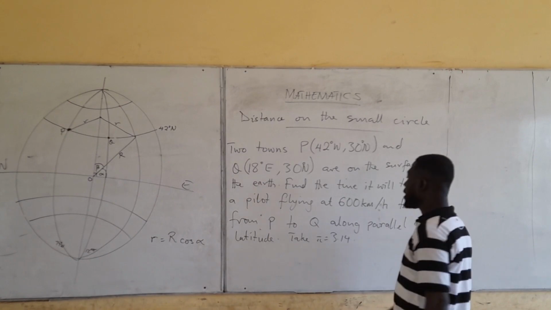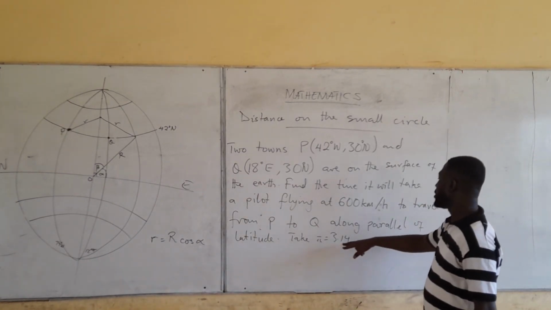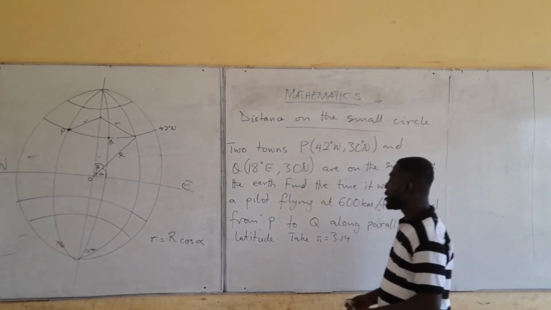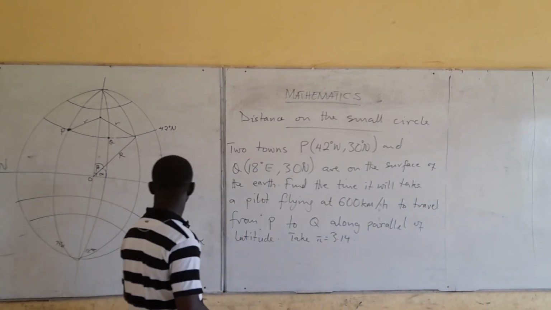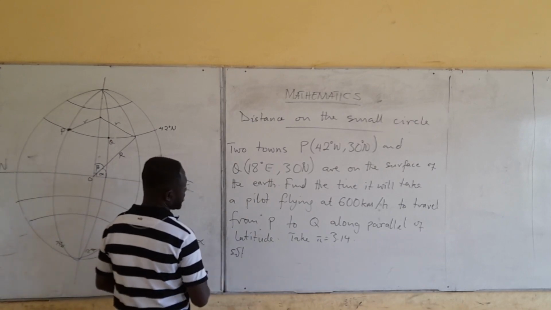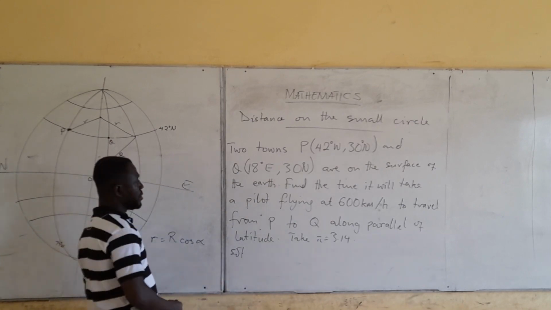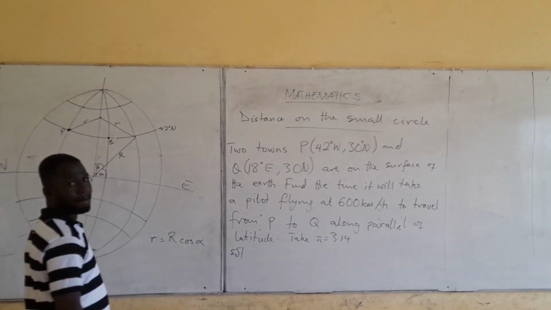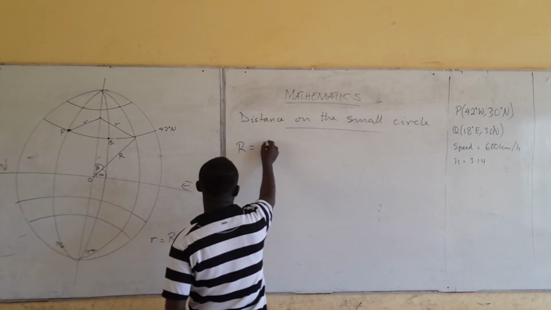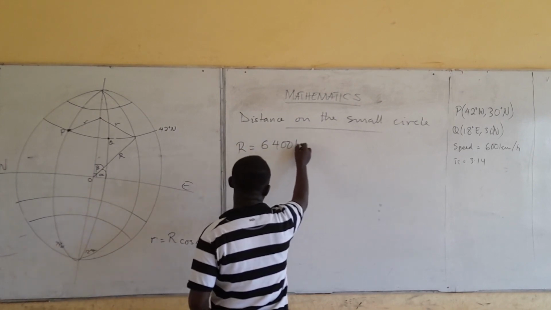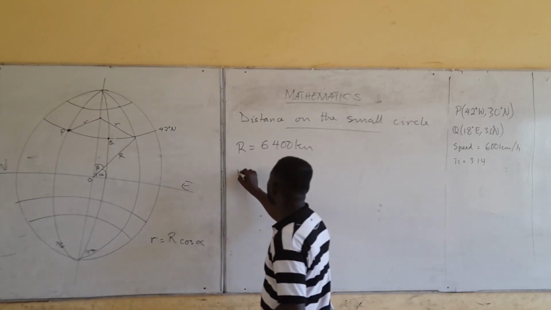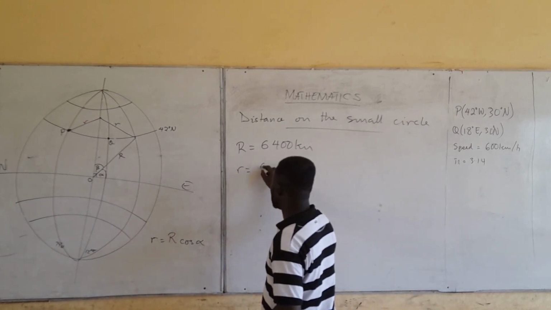And we have to take pi to be 3.14. As we know, R is equal to 6,400 kilometers. Then our small r is equal to